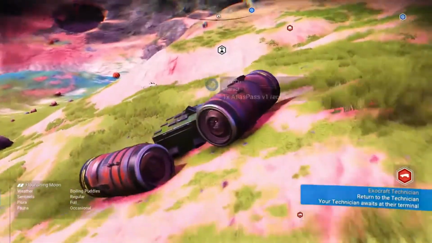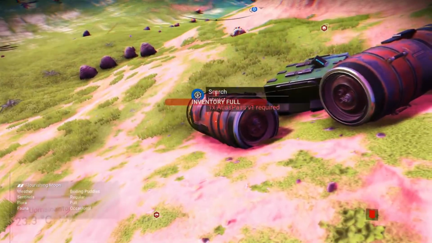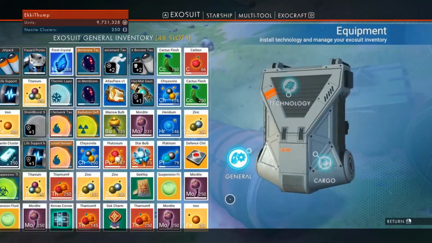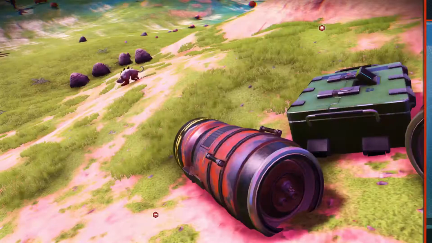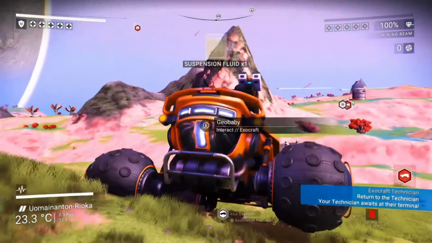I'll be honest, in the grand scheme of things, I'm not all that bothered about green box loot anymore, but I do like getting... Wow, I'm actually full. I do like getting these... Fuck, I should have sold some stuff, shouldn't I? Discard that. I do like getting these things just for the free...